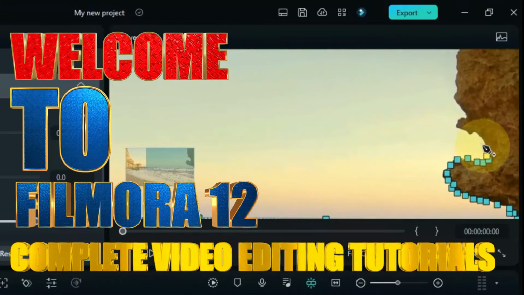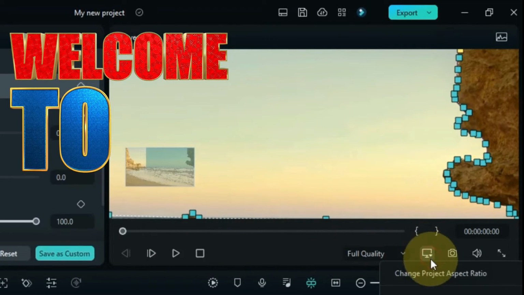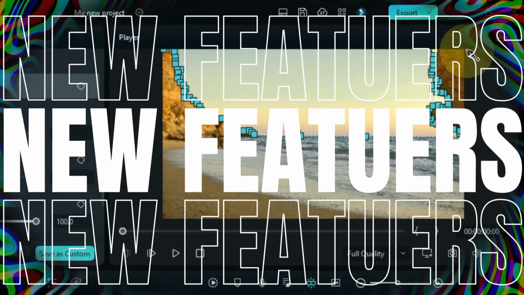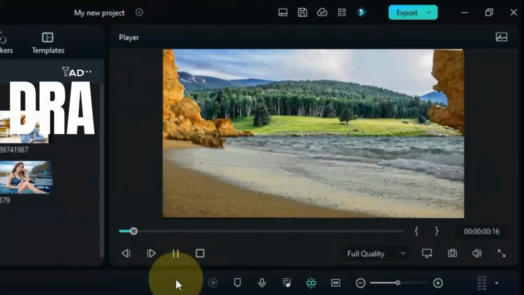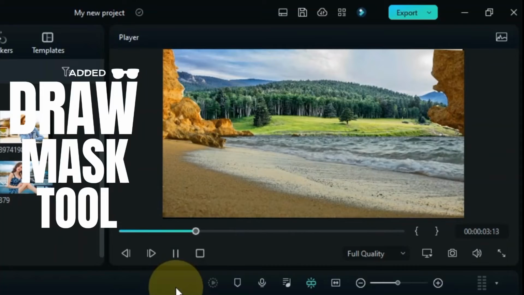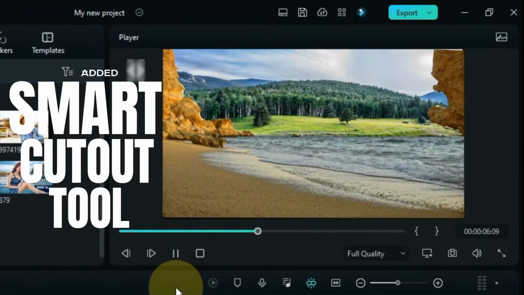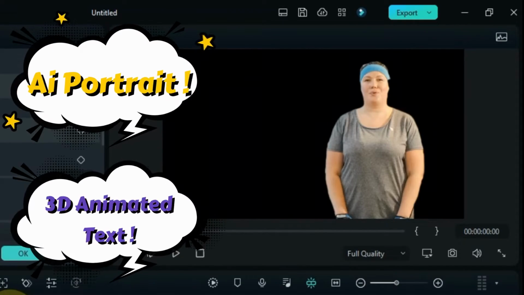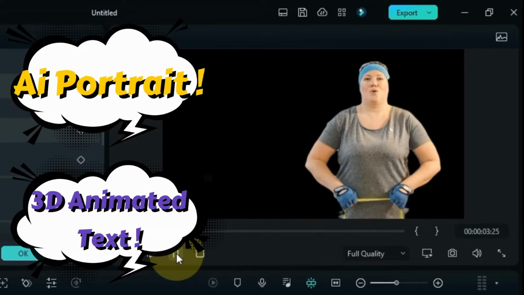This time Wondershare really did amazing that they launched Filmora 12. They added many new features to Filmora which we needed. This time they have added Draw Mask tool for masking in Filmora 12. Added Smart Cutout tool, iPortrait, 3D animated text and many more updates have come which I'm going to show you